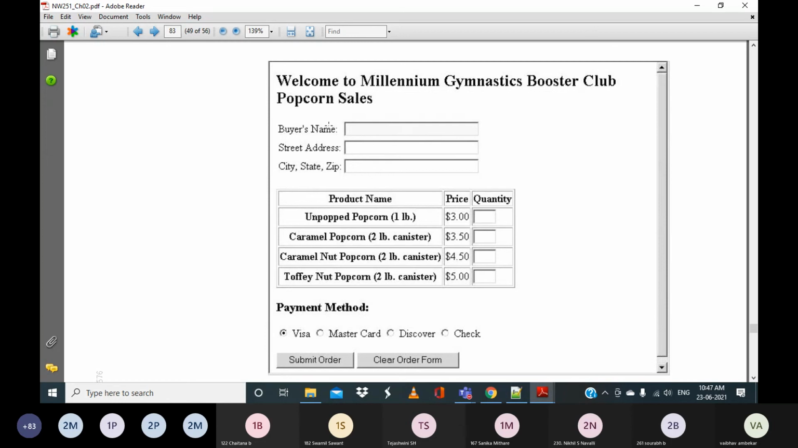Okay, then what they have taken here: buyer's name, street address, city, state, zip. So what are these? These are text boxes, yes or no? So you can take 3 text boxes. Can you do this, everyone? Yes, sir. Okay, and then here what you can observe from this,